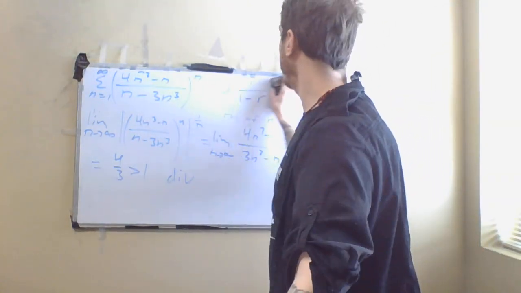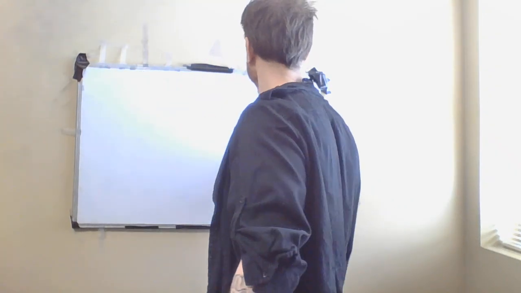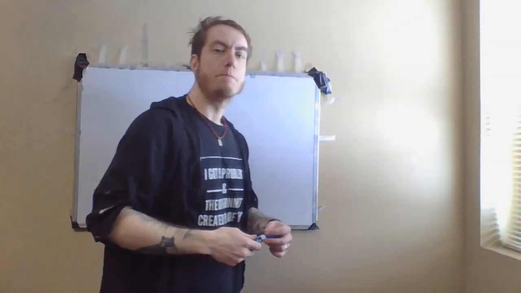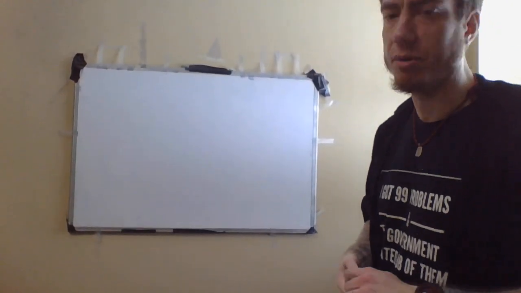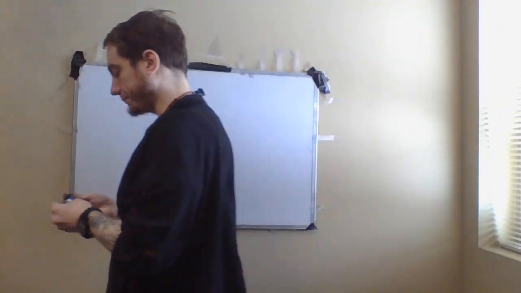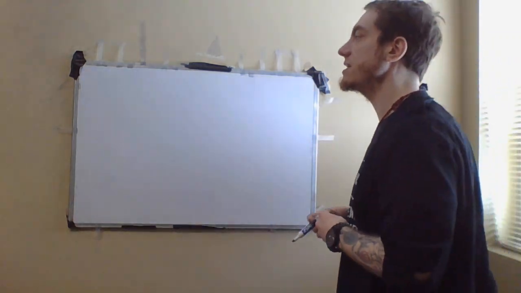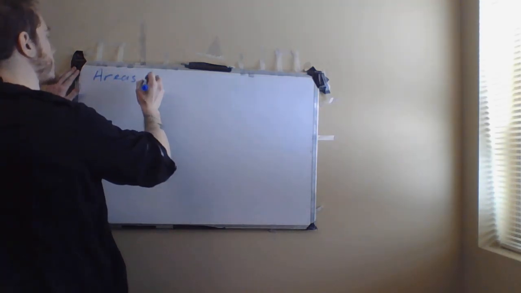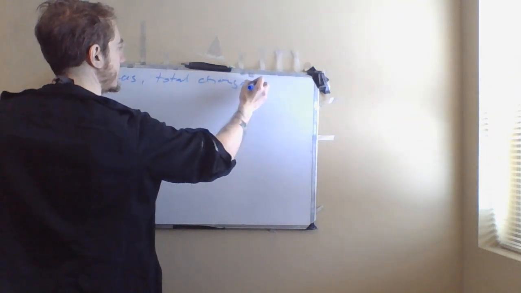Today what we're going to be looking at is going to try to follow the order of the book. Last time we talked about these antiderivatives, your rates of change and things like that. We're going to start talking about something that initially might seem a little bit unrelated, but it's not really unrelated. What we're going to be looking at is finding certain areas and then finding certain total changes. This is really pretty closely related to some stuff that we talked about at the end of the previous